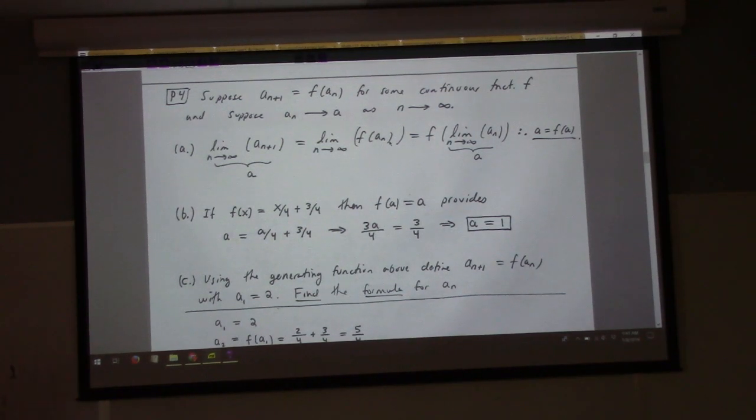And so like part B, I can find the fixed points of this function by just solving f of a equals a, which is a is equal to a over 4 plus 3/4, which gives you a is equal to 1. Was I able to do the algebra correctly here? Okay, I'm genuinely asking because apparently I'm not thinking clearly when I wrote this.